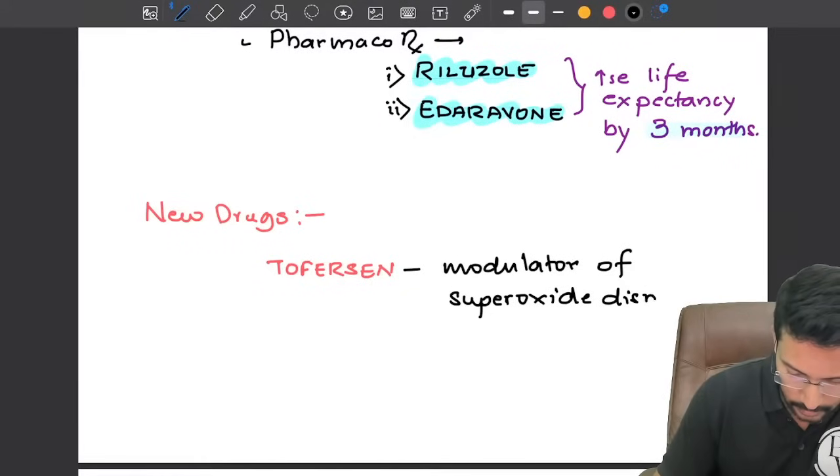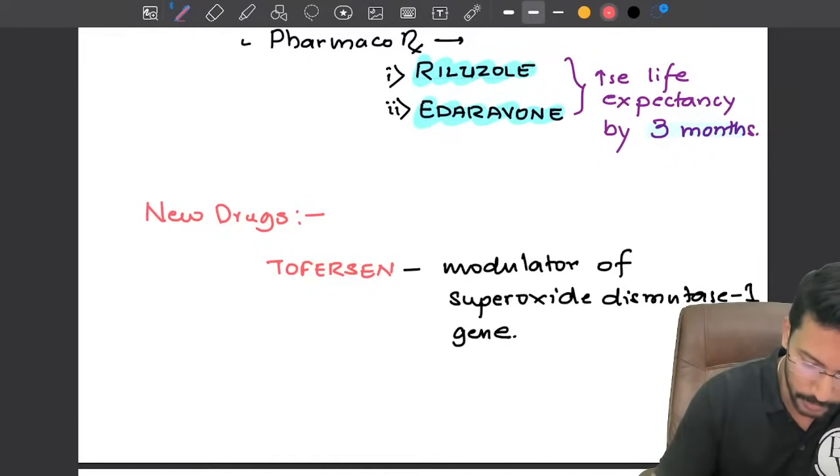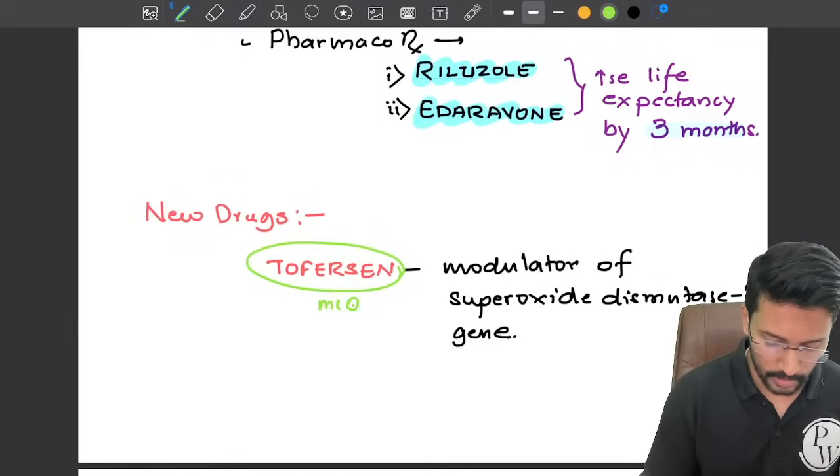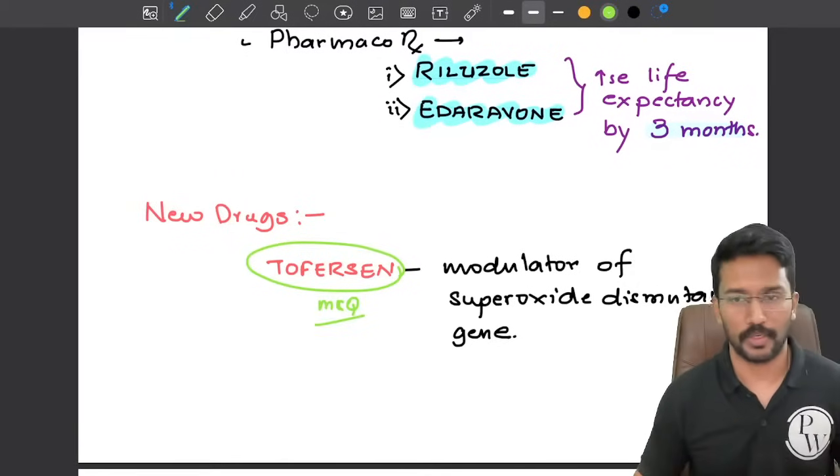Superoxide dismutase 1 gene, which has been believed to play a role in the pathogenesis of amyotrophic lateral sclerosis. This is going to be a potentially important MCQ point for your upcoming FMGE exam because it's a very new